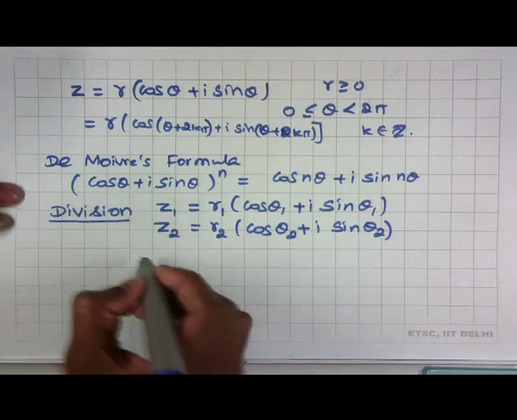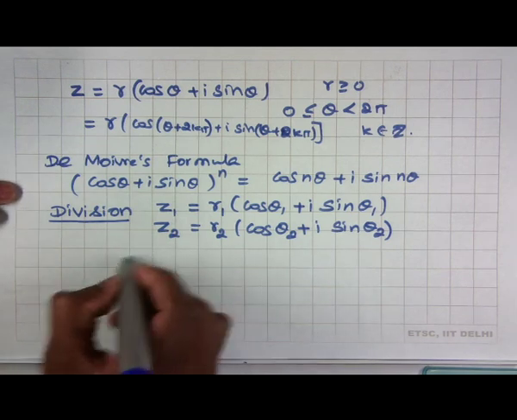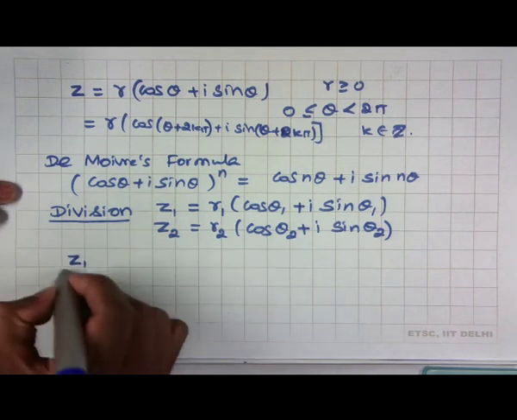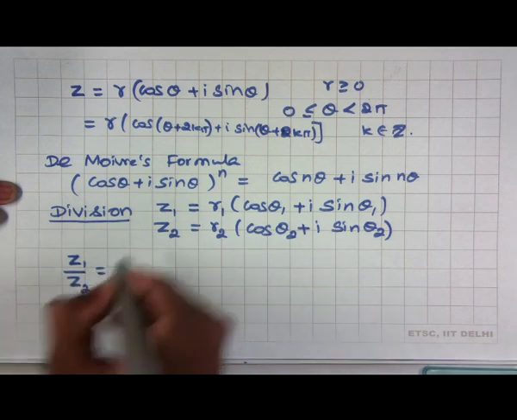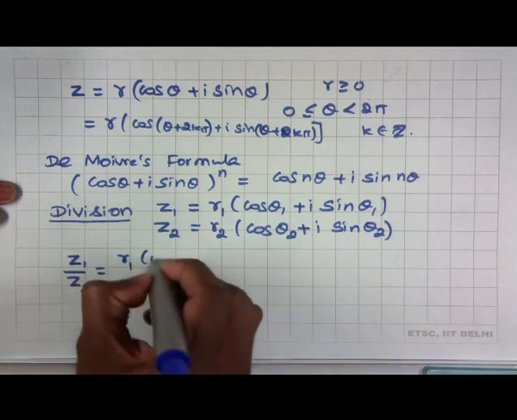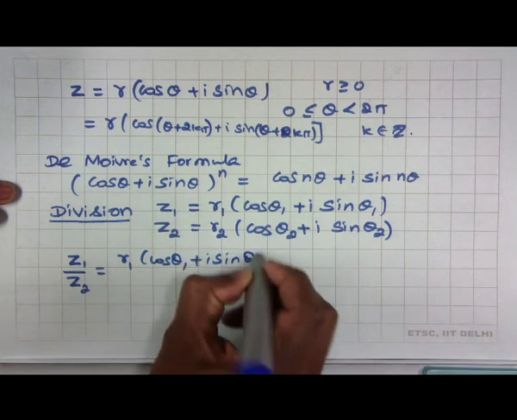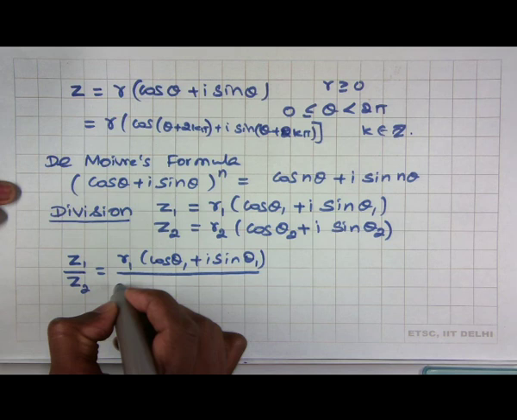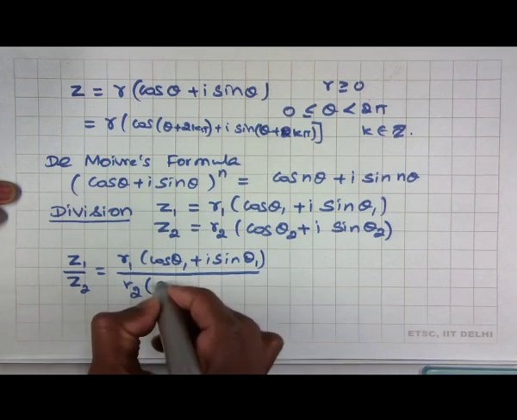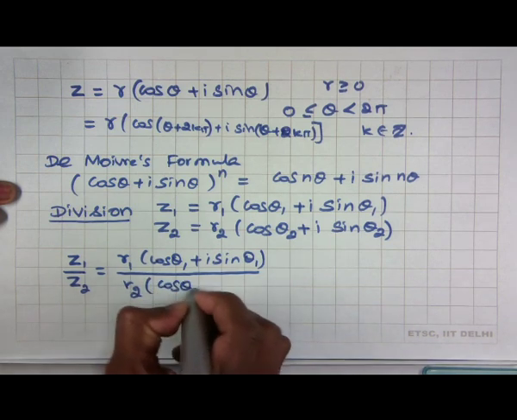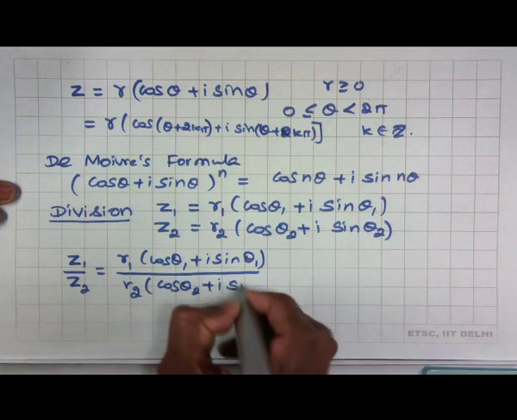The division, let us derive directly. When we divide r1 (cos theta 1 plus i sin theta 1) by r2 (cos theta 2 plus i sin theta 2),